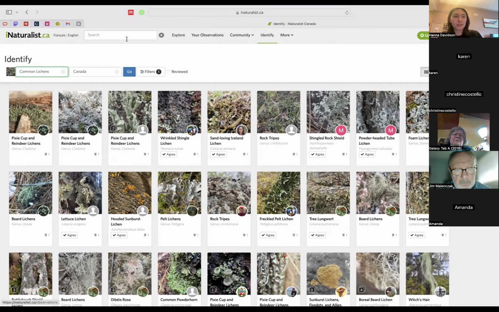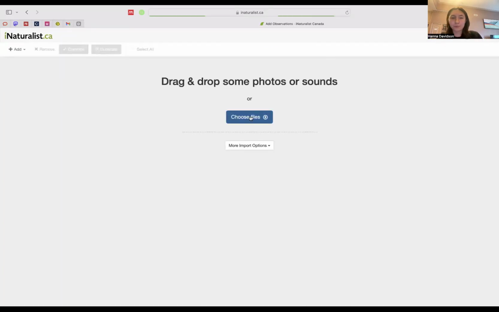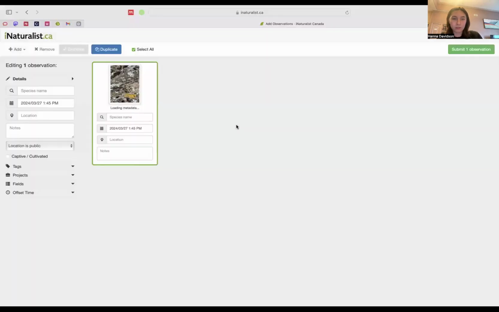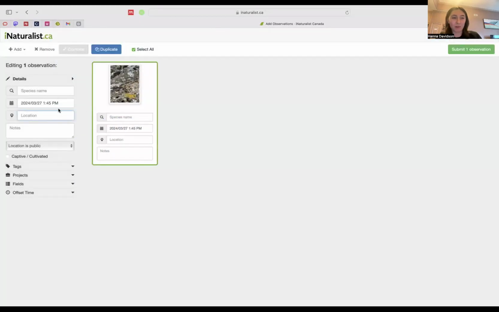Yeah, so those are the main things. We can also go to this upload tab up in the top corner, and we can choose a photo to upload. I always have something on here. So here's a lichen that we found out in a field somewhere. You can see that it automatically knows the date and time. It's trying to pull the location, but someone sent it to me, so I'm not sure it's going to work that well.